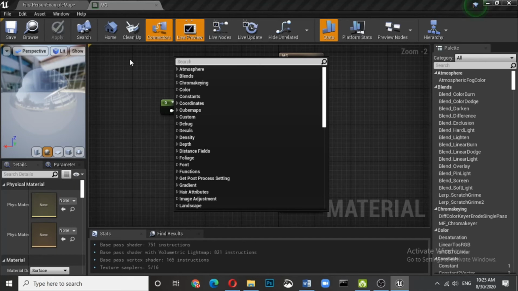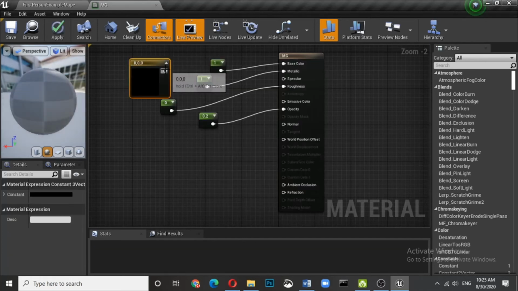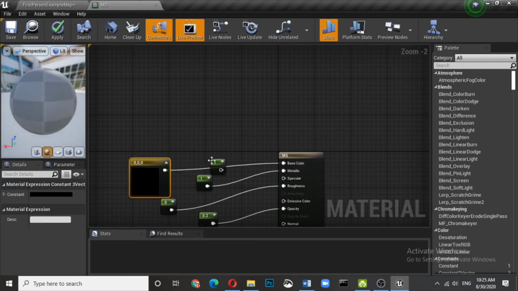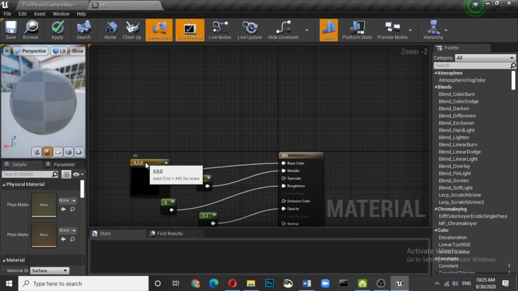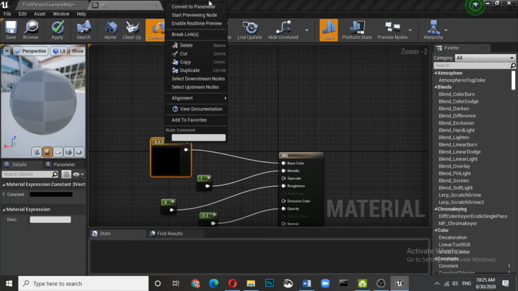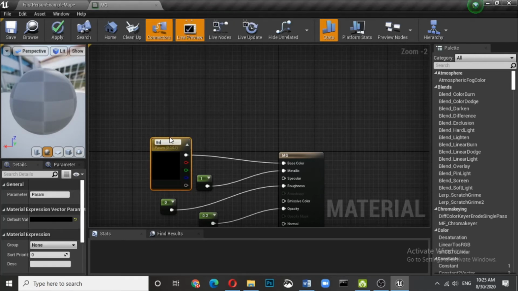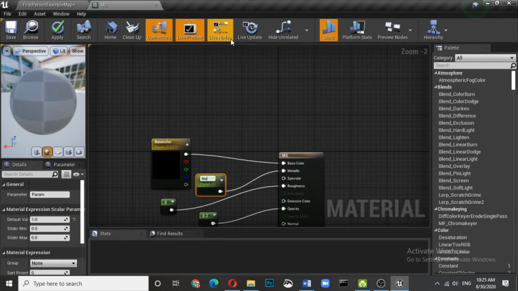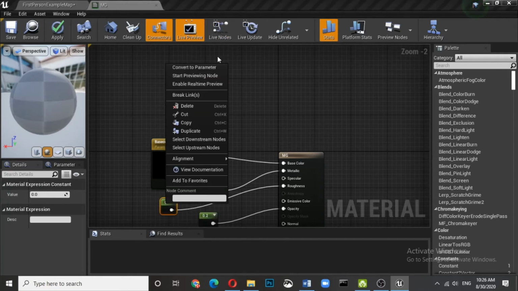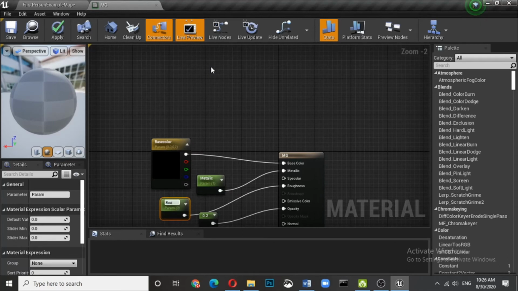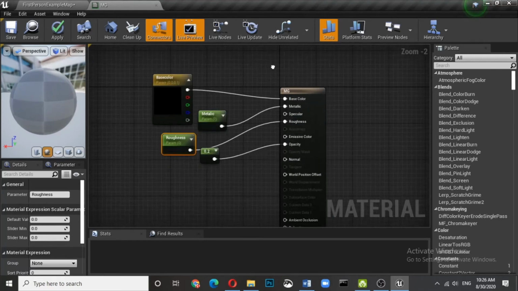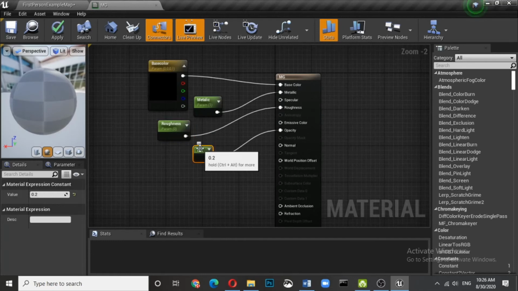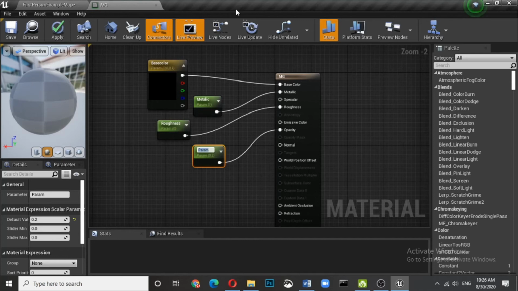Okay, so get into a 3 vector. By the 3 vector you can actually control the color, so convert it into a parameter. Let us write Base Color. This is metallic, so convert it again. This is roughness, so convert it into Roughness. This is like a one-time exercise, and every time you do it, it is better. This is opacity.